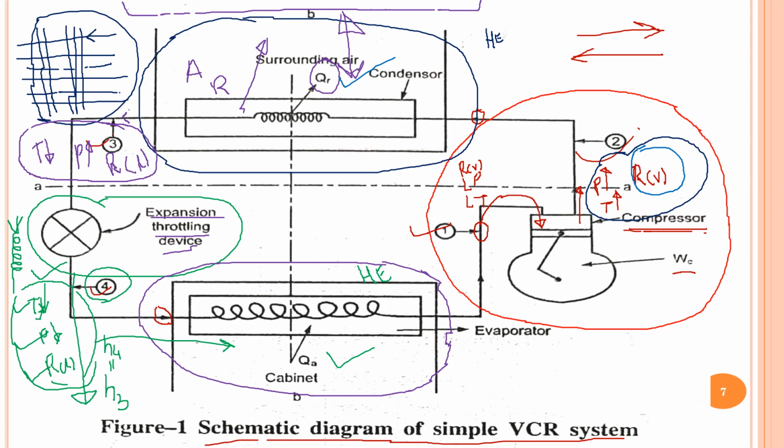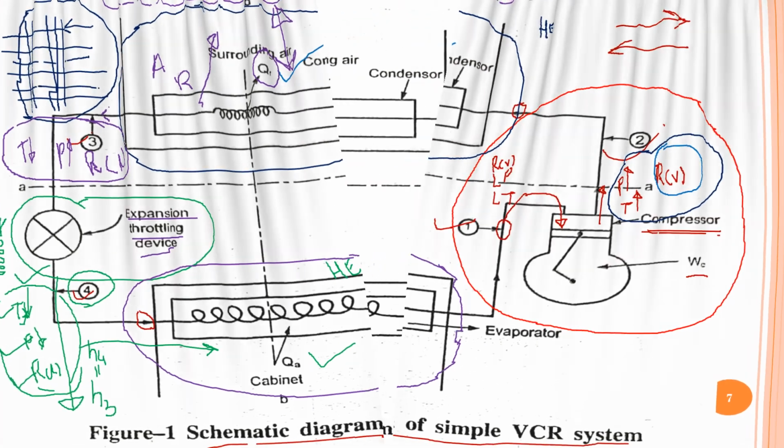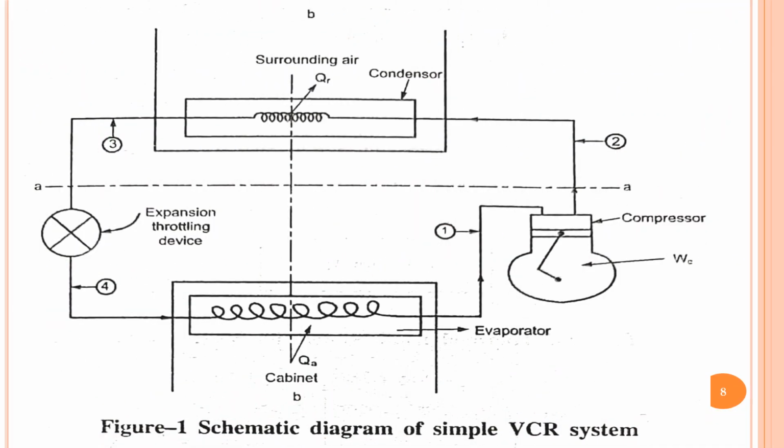When you open the door of the ice box, there is a sticker which indicates that you should not use any sharp object to remove the ice from the ice box. So it is a very delicate one. Inside the tubes, refrigerant is flowing. I am going to the next slide, so again we can clearly understand this part. Here low temperature, low pressure